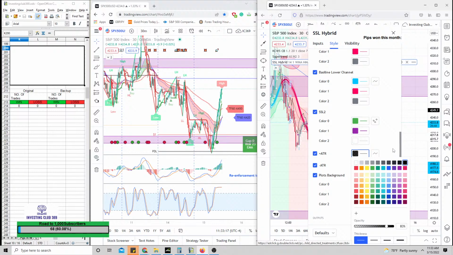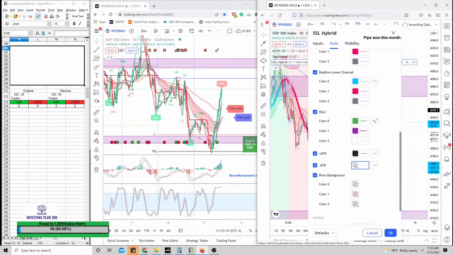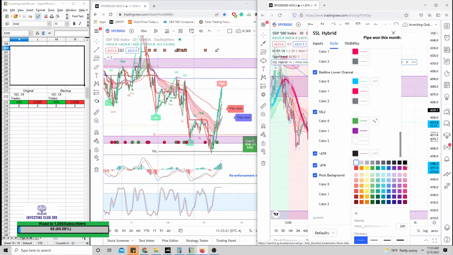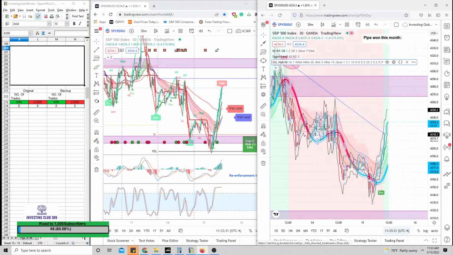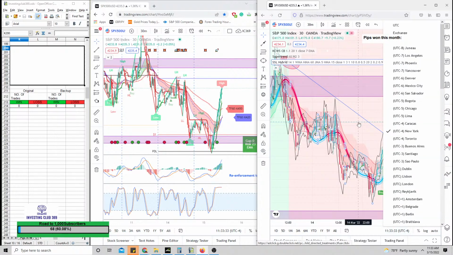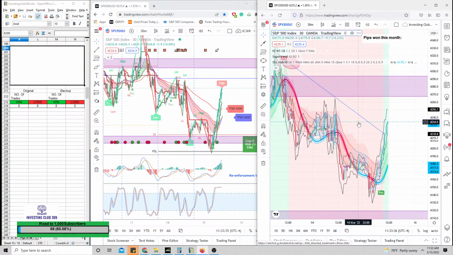I found it. Let's put the other one in black. I see it. I see the two lines. All right. So